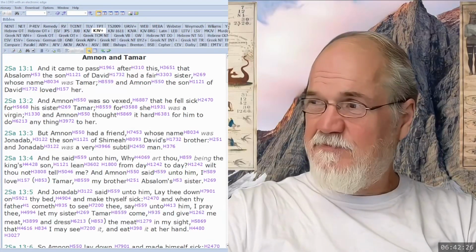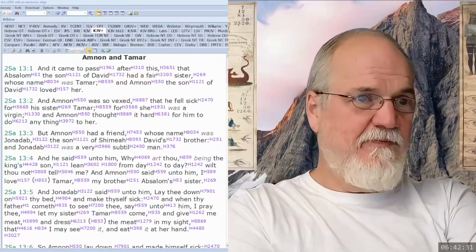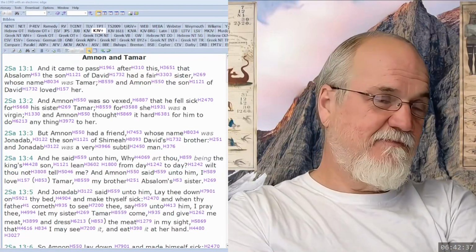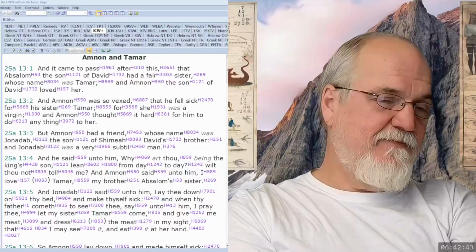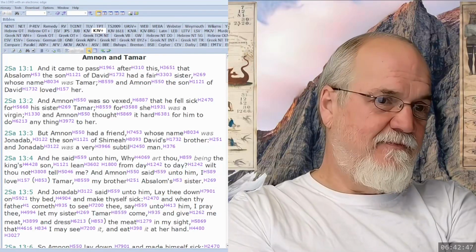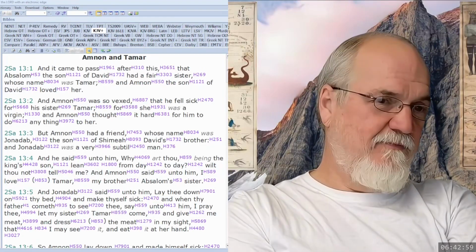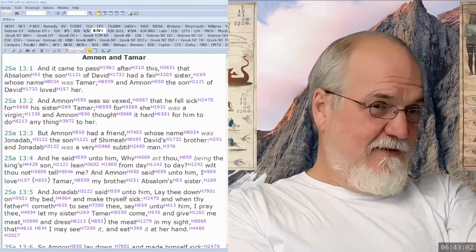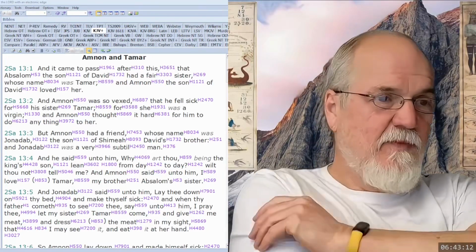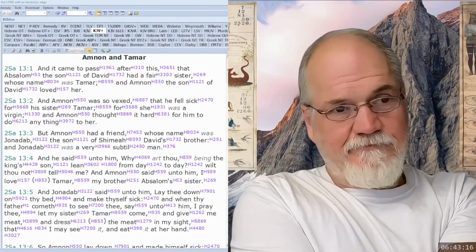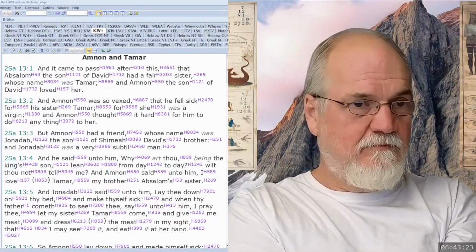There's other reasons, other biblical reasons why this was wrong as well. Yeah. First off, yes, he's seeking to sleep with his half sister, but in uncovering her nakedness, he's uncovering the nakedness of his father. Okay. Now, if I am reading things correctly, this situation with Amnon and Tamar is taking place after the affair with David and Bathsheba.